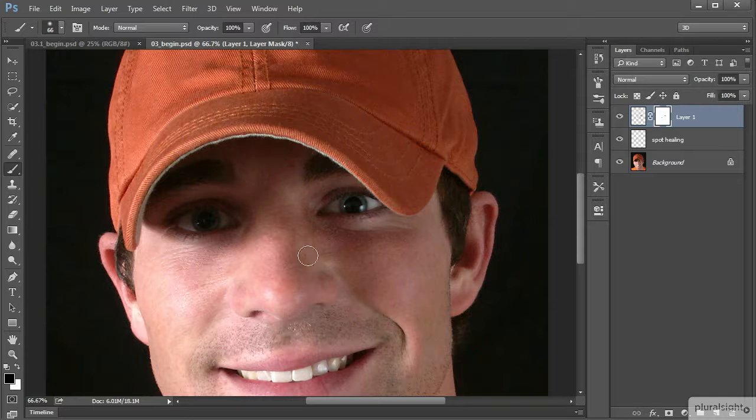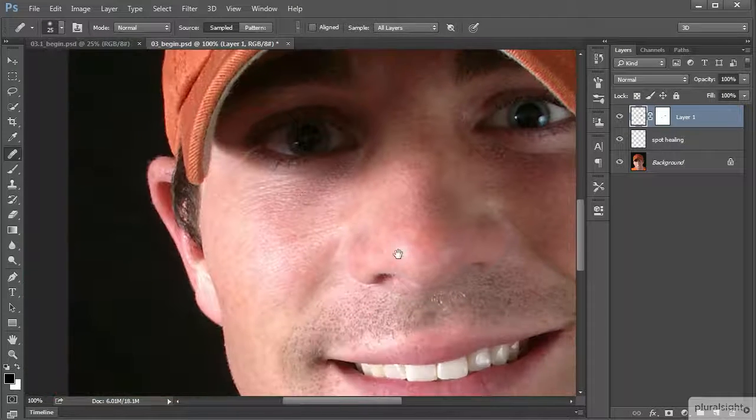All right, now another thing I'd like to show you is you have this option up here called Aligned, okay? Again, I'll make sure I have the layer thumbnail selected. So Aligned works really great if you have long, specific areas that you're kind of wanting to heal over. So I'll kind of demonstrate this for you. I'm going to hold down Alt, I'm going to sample, say, right here, and then I'll start to paint. Again, we see the cursor where it starts out at, where it's being sourced, and it kind of falls along. But if I release and I start to paint again, that cursor, where it's sourcing from, starts out where I